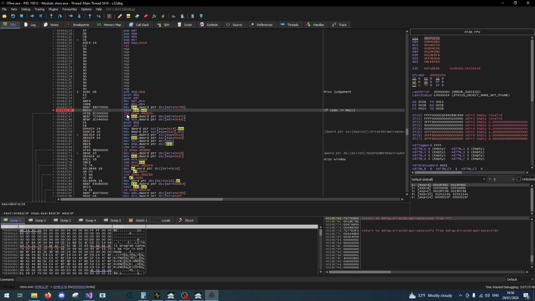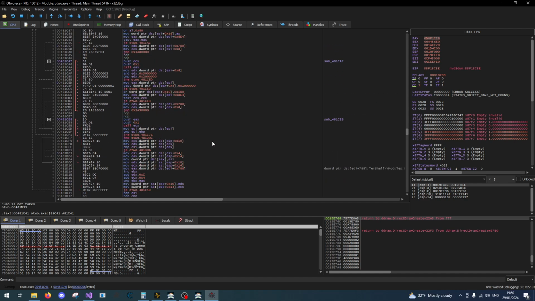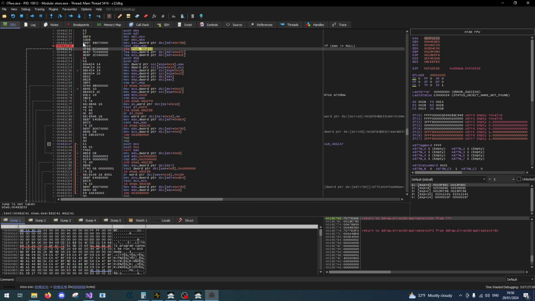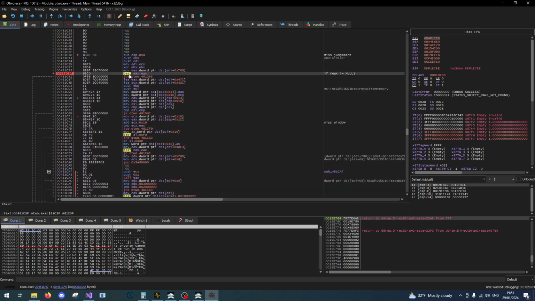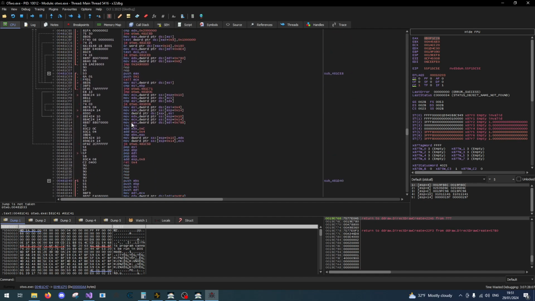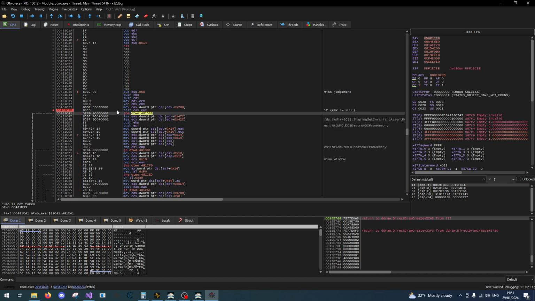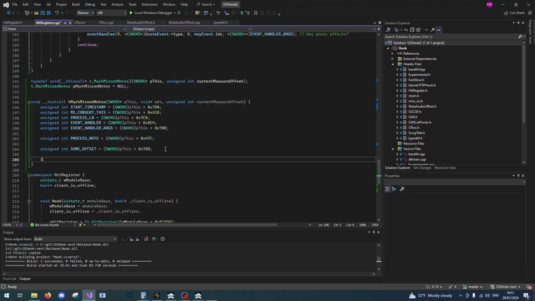JBE is a conditional jump, jump below or equal, so less or equal, because it's assembly. I suspect that the compiler kind of inverts the jumps, so you get the actual code inside of a loop right after the jump, and the jump leads to the end of the function, as we can see. So it's going to be if